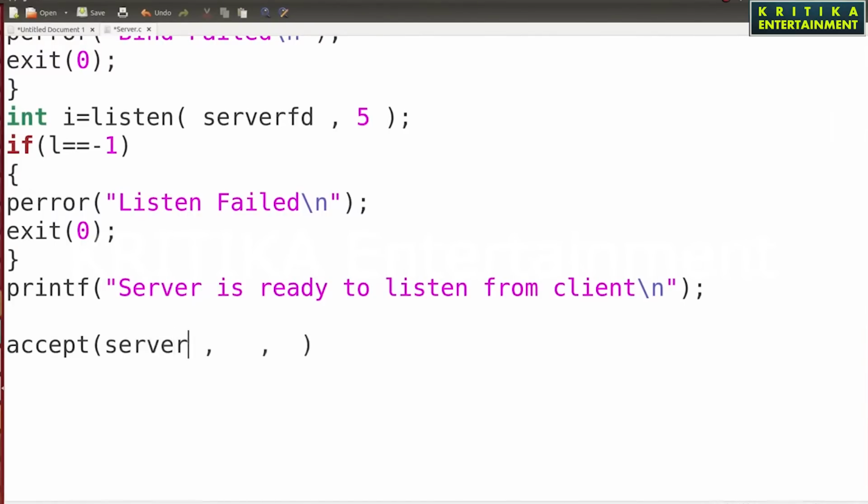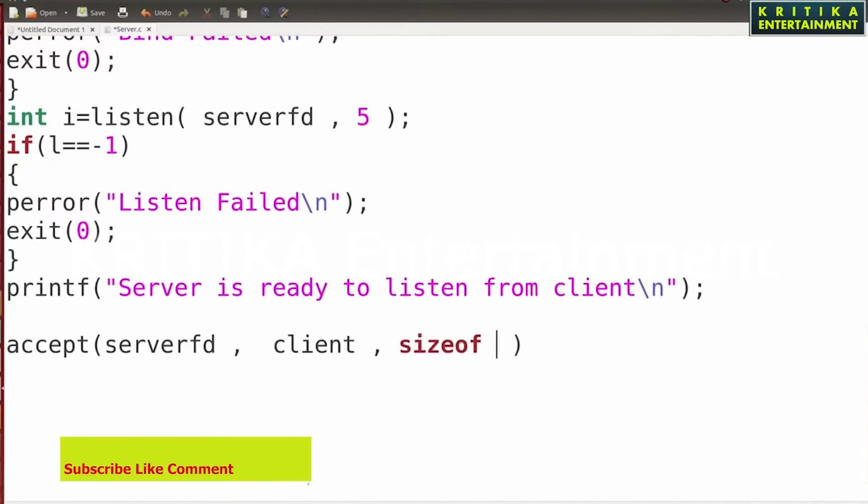Second, which client is connected to your server, so here we will pass the client variable. That means when any client connects to your program, their information you can find here in client. Then what is the size of the client?